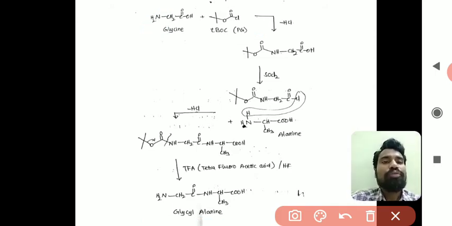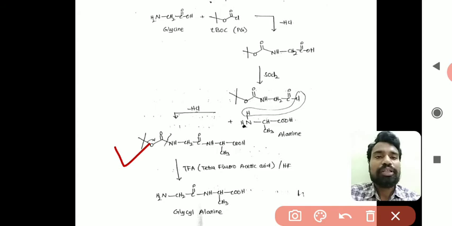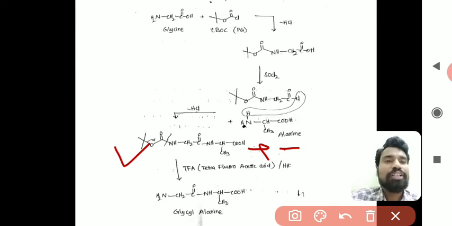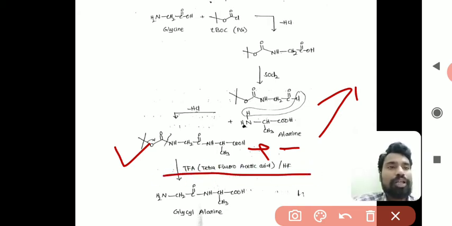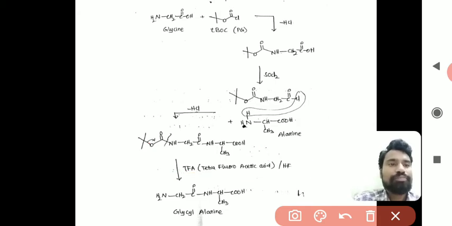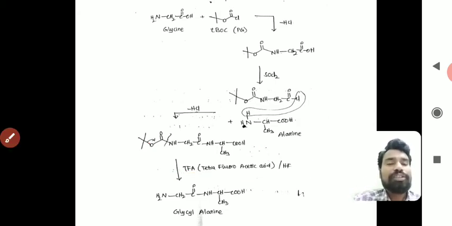If we want to prepare a tripeptide, then before removing the protecting group, we will react this dipeptide with another amino acid, which will result in a tripeptide, and it goes on. That tripeptide, which still has the protecting group, will react with another amino acid to form a tetrapeptide, then go for a pentapeptide, like that. After getting the desired peptide, we will remove the protecting group by using protecting group removal agents. This is the synthesis of a dipeptide by using protecting groups.